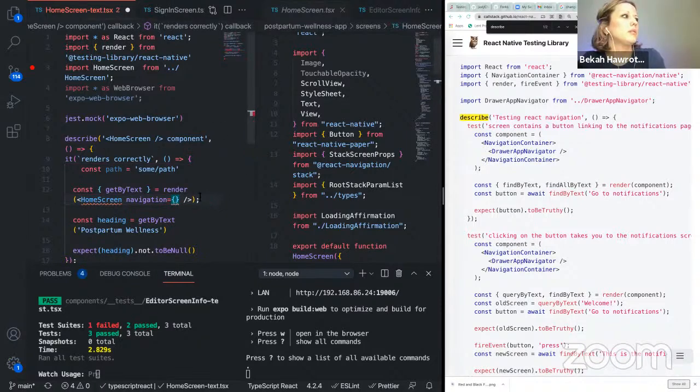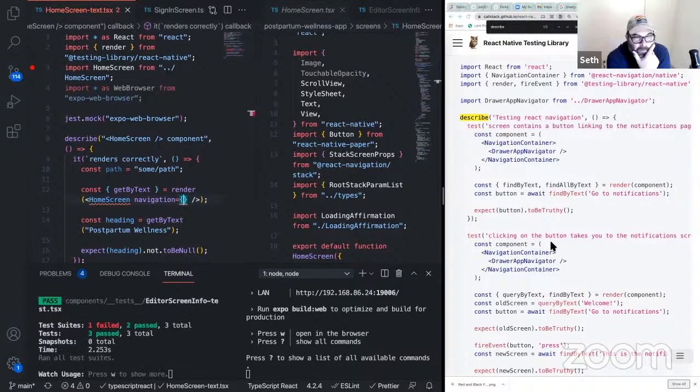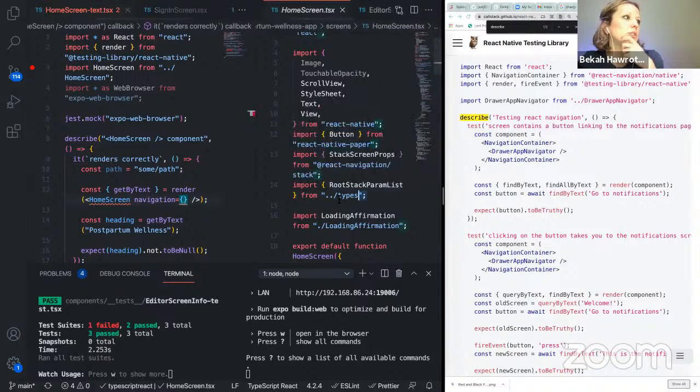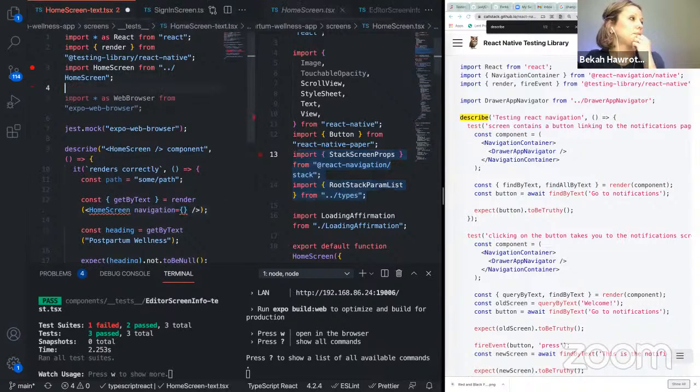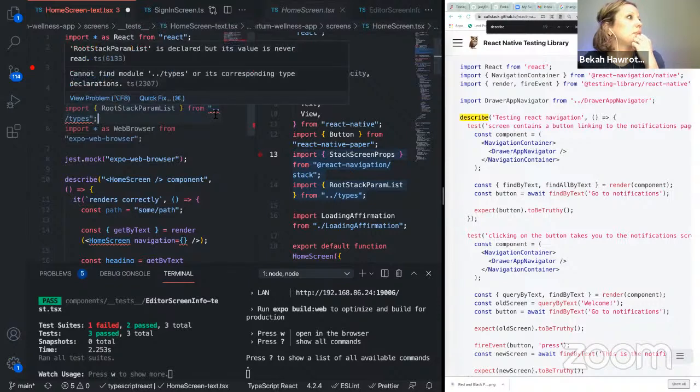All right. So any suggestions on this, Nick? It does need to be stack screen props, root stack param list not found. So I wonder, should we be just wrapping this in that? So should we be trying to import this here? And that's the wrong path.